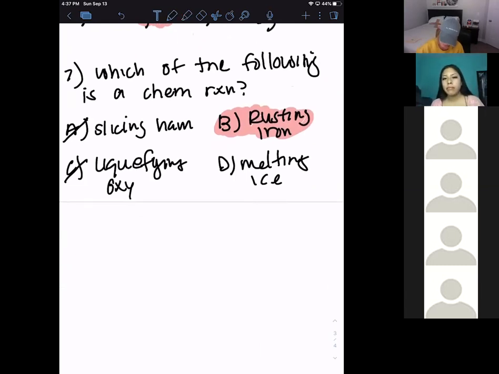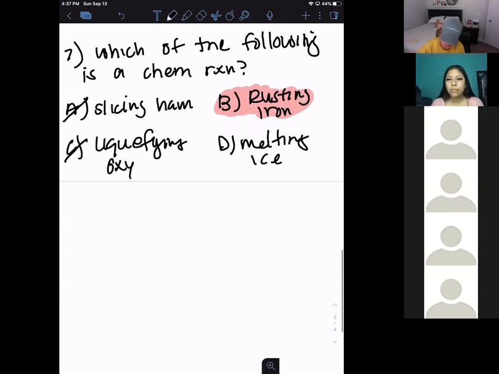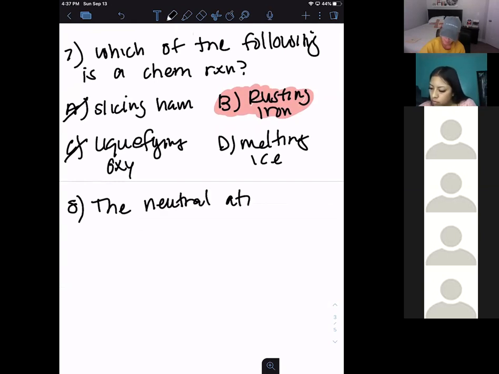Okay. All right. 8. The neutral atom always contains